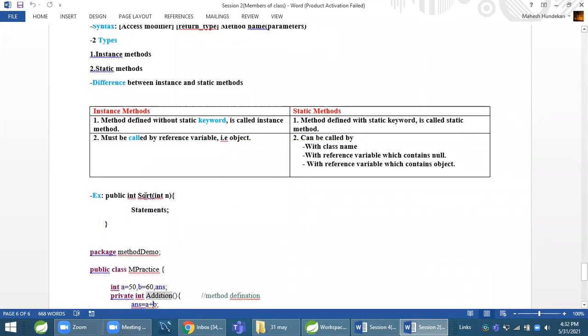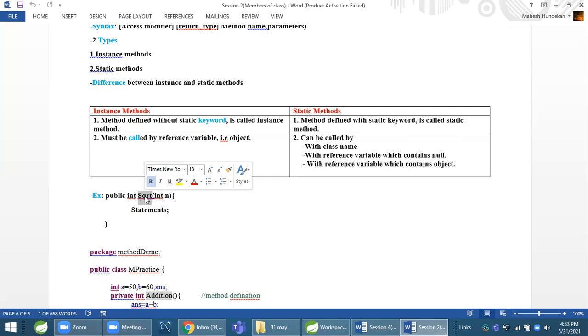This is an example. Suppose there is a requirement. I do some work, and every time I have to calculate the square root of a particular number. Then every time I will not write code to find the square root of a number. I will write the logic once to find the square root of a particular number, and I will execute that same code again and again whenever I need.